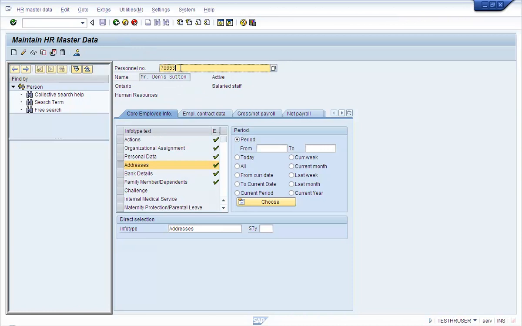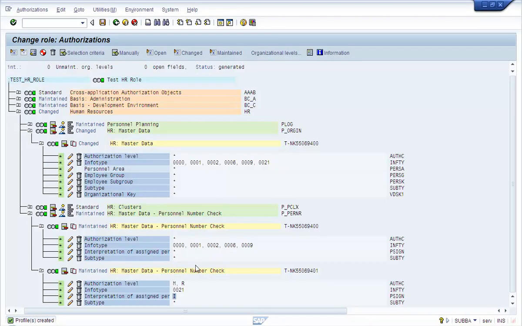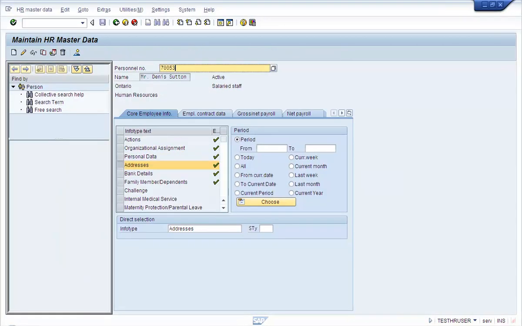But this set of authorization for 21 allows the user only to display the data coming out of infotype 21, but not change. So let's go and try to change for Dennis Sutton, 53, because that is the partner belonging to test HR user.